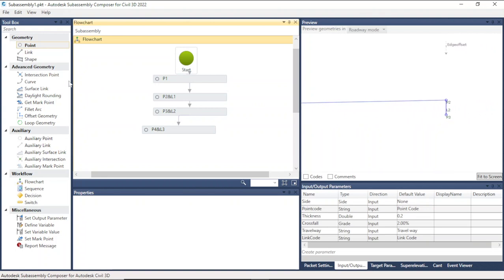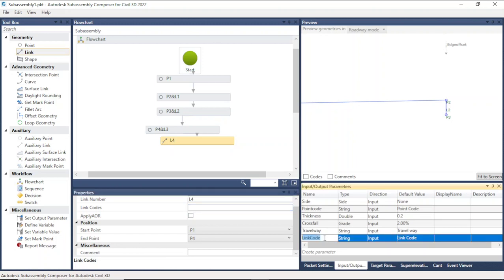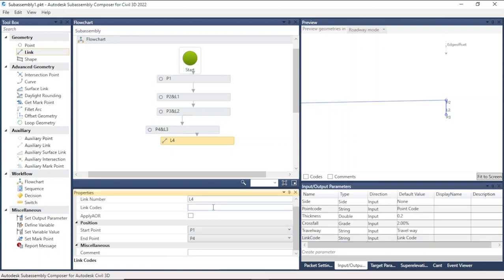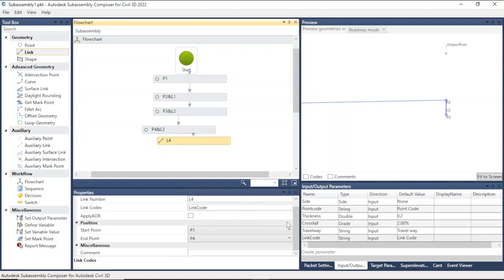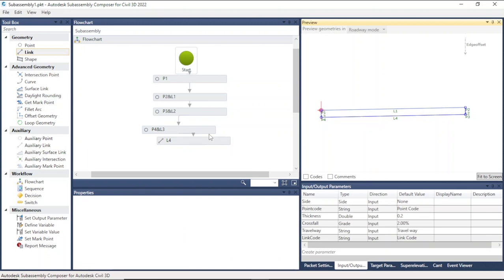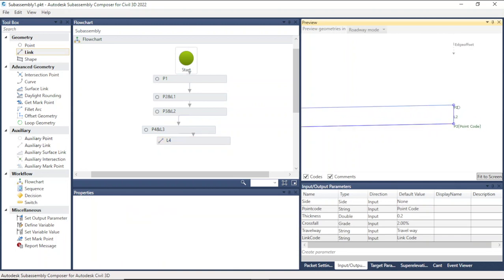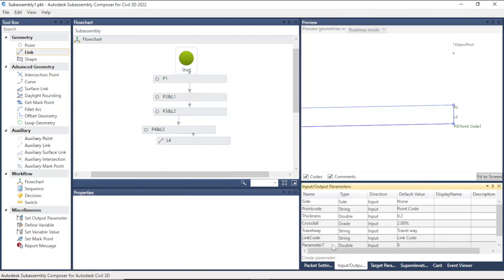Now I want to cross this loop, so this one we can just give the code link code, and it's covering from P4 to P3, so it should be P3 to P4 like that. So if you want to see if we have coded everything correctly, but now this one does not have, so we need to give this one a code,